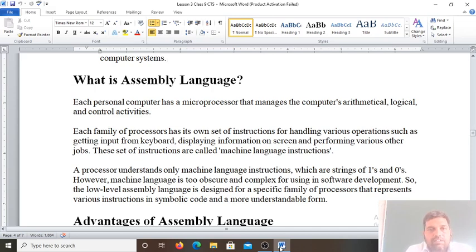Here we find the personal computer has a microprocessor that manages the computer's arithmetical, logical, and control activities. And each family of the processor has its own set of instructions for handling various operations, such as getting input from the keyboard, displaying information on the screen, and performing various other jobs.